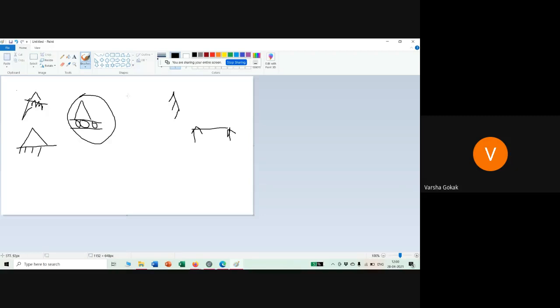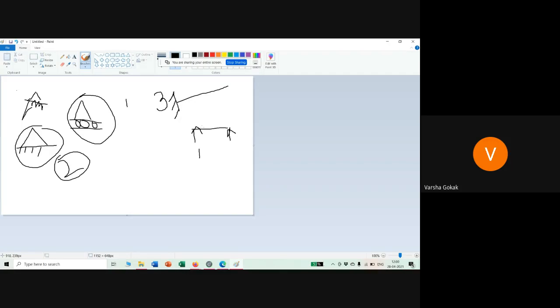For a roller, it is going to be 1. Yes, hinge is going to be 2. For a fixed one, it is going to be 3. Simple support is also 1. So your concept of what type of support this is and how many unknown reactions it is producing should be very clear. First important thing is the concept of what type of support, whether it is hinge, roller, fixed, or simple support. This has to be clear.